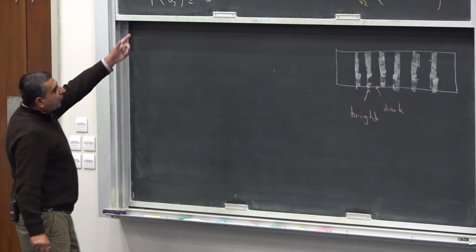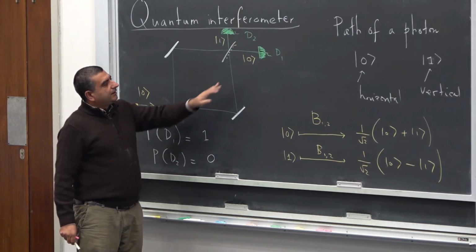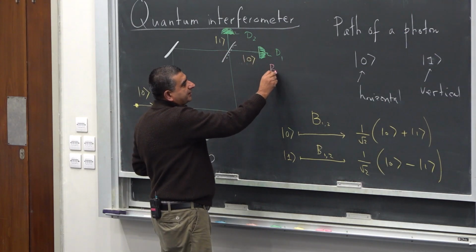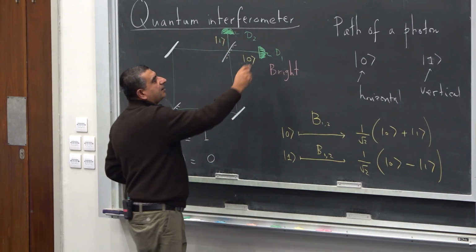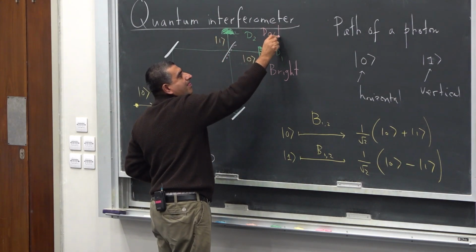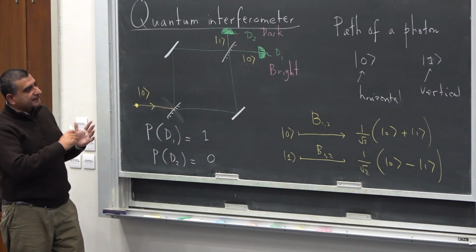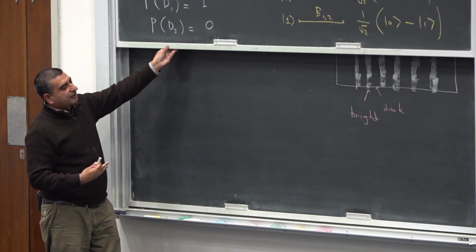Now, we call this an interferometer exactly for the same reason. This detector always clicks. So this presents a kind of a bright detector. This represents a dark detector for this configuration. All right, so that's why this is called an interferometer. So what is the lesson that we've learned so far? First of all,